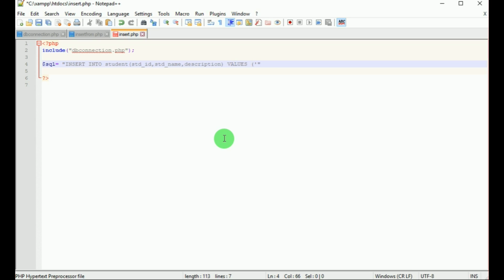Then the keyword values must be written, and then within the braces, using the single quote, dollar symbol underscore POST, and inside this in the square bracket std_id, close the square bracket, close the single quote.